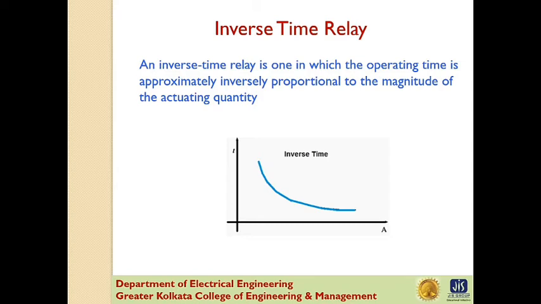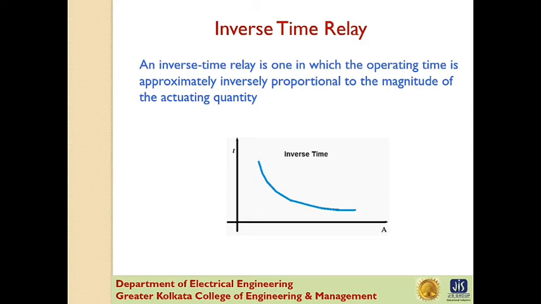The inverse time characteristics can be obtained by connecting a time limit fuse in parallel with the trip coil terminals. The shunt path formed by the time limit fuse is of negligible impedance as compared with the relatively high impedance of the trip coil. Therefore, so long as the fuse remains intact, it will divert practically the whole secondary current of the CT from the trip coil. When the secondary current exceeds the current carrying capacity, the fuse will blow and the whole current will pass through the trip coil, thus operating the circuit breaker.